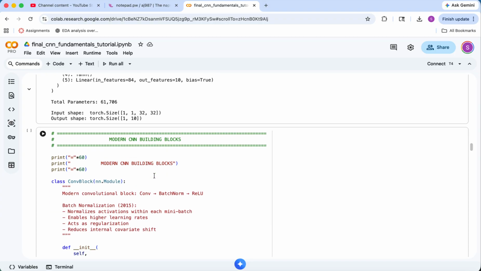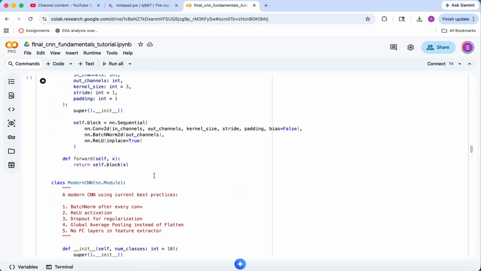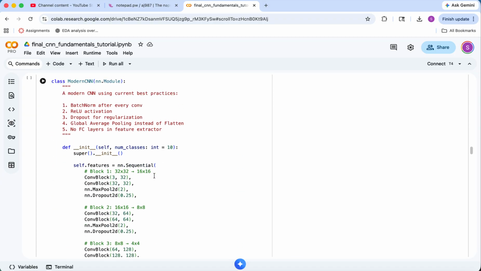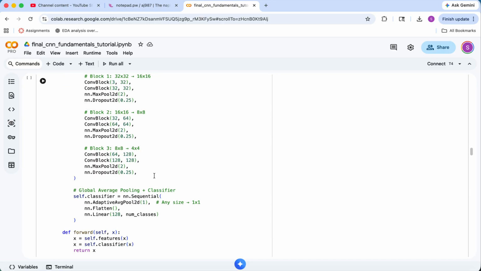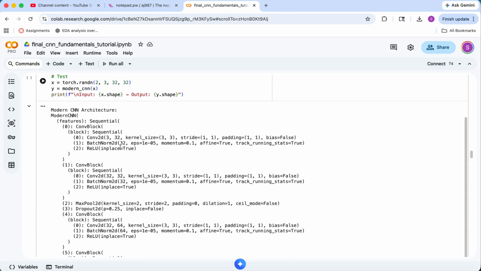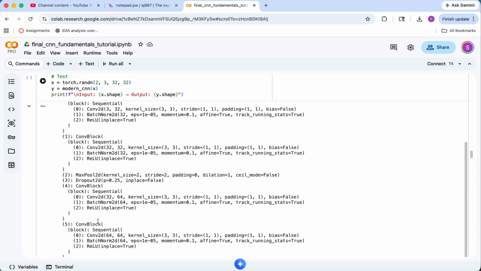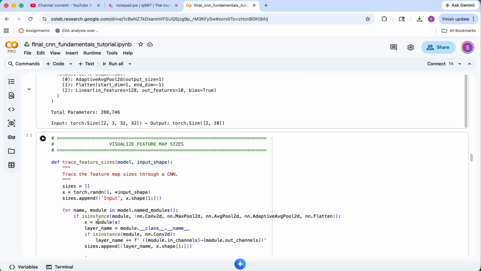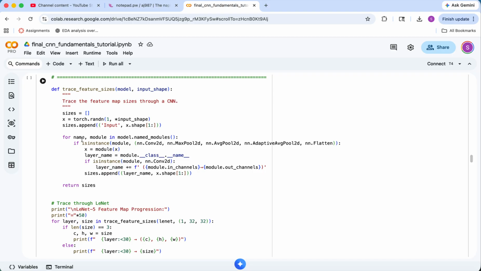Next, we define modern CNN building blocks, combining convolution with batch normalization and ReLU activation. The output prints the architecture of a modern block, highlighting how these three operations are bundled together in standard deep learning. This trace function passes a dummy input through both LeNet-5 and our modern CNN to track how